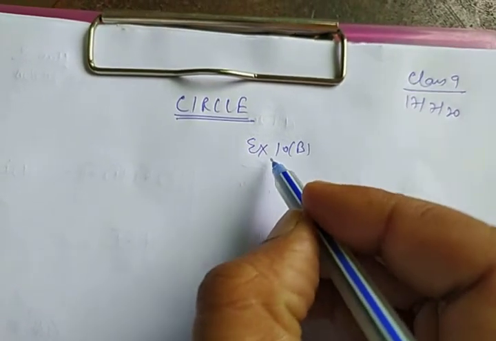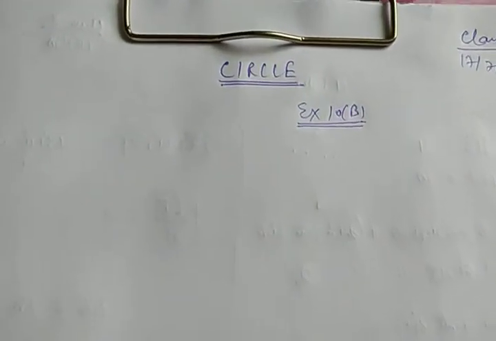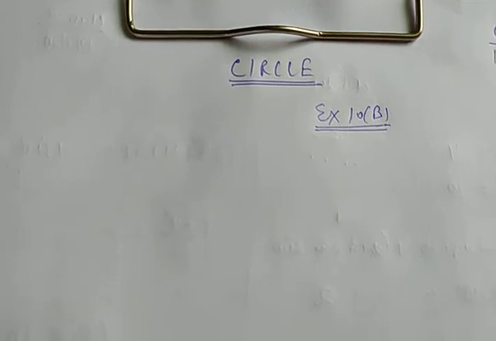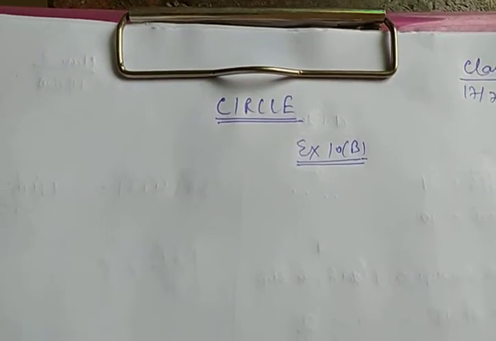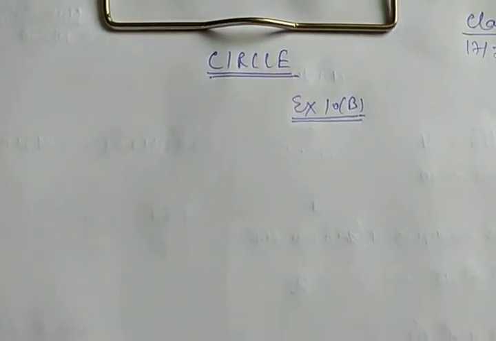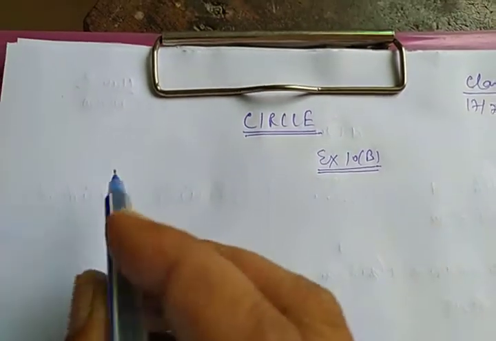On the last turn I have explained you exercise 10B in the chapter circle. This time I am going to tell you exercise 10B. For the concept of 10B, let us understand some theorems of exercise. I will not prove the theorems here, but how the theorems will be utilized in the question, this I will explain here. One theorem is,